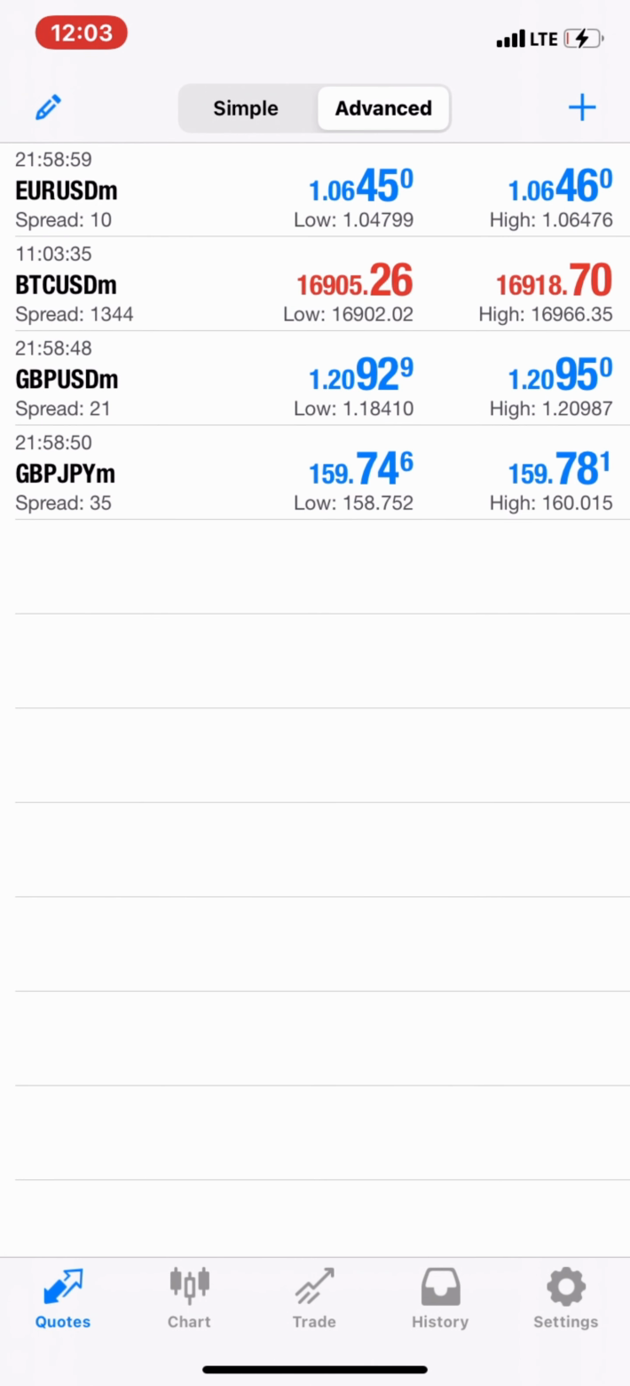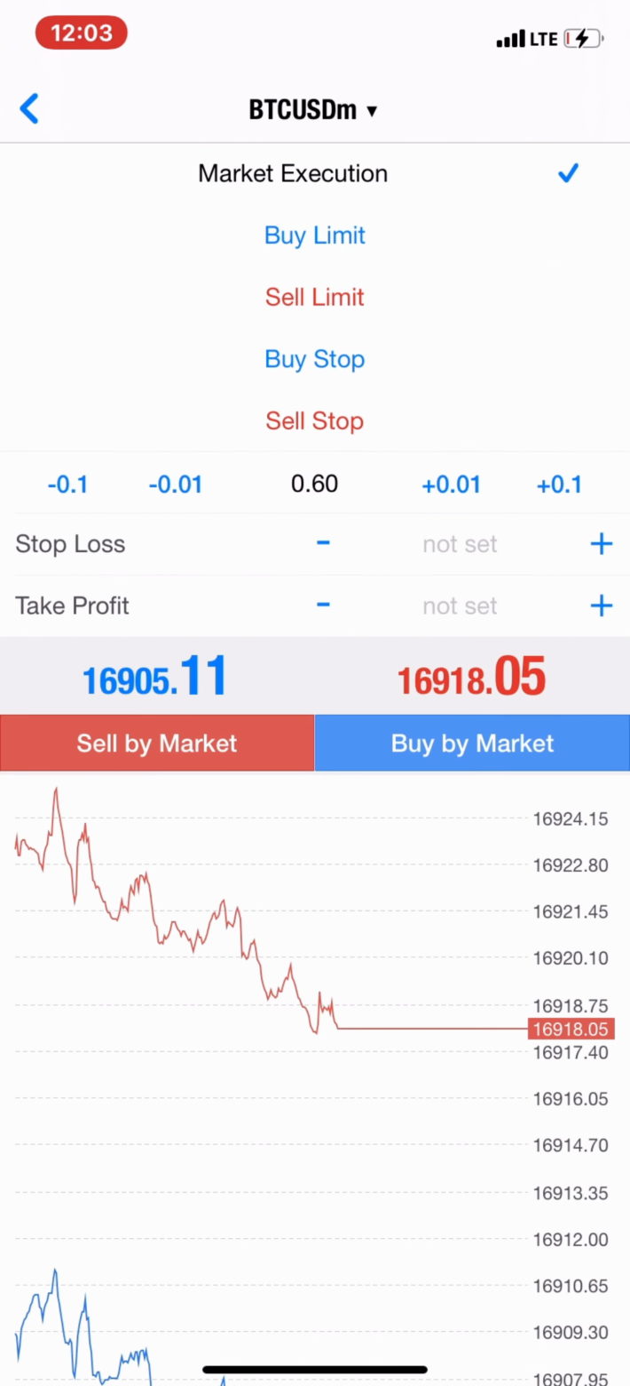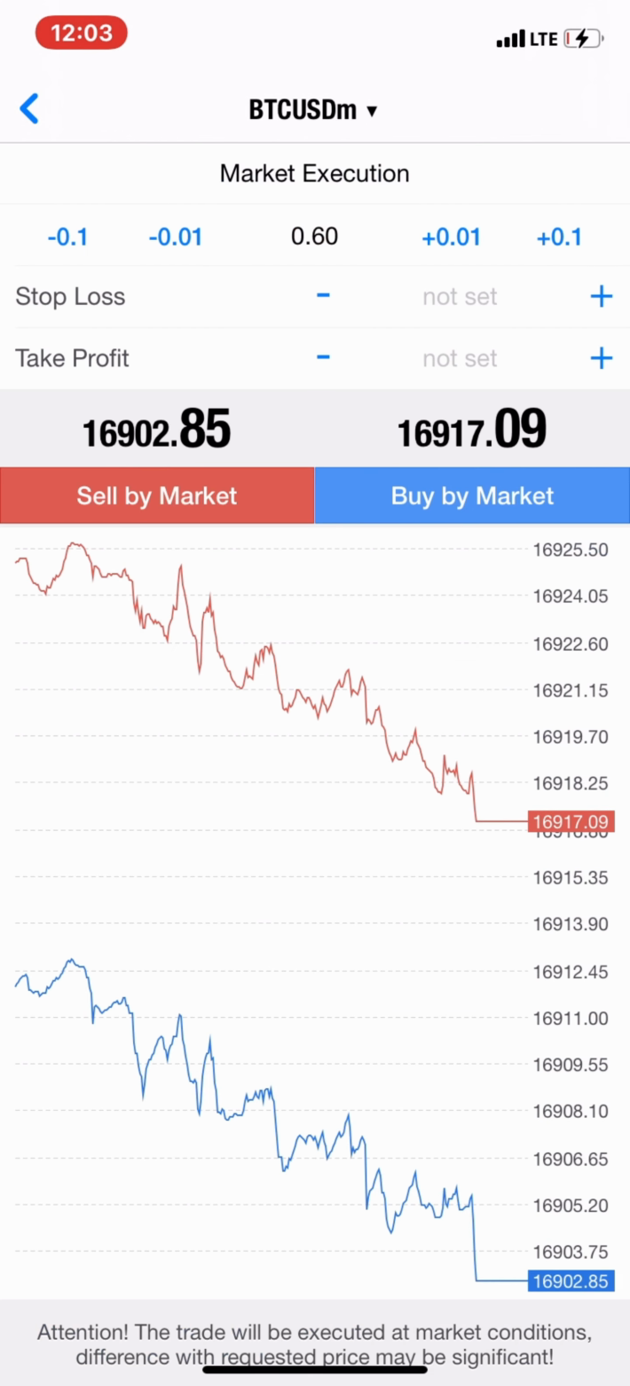So let's use BTC USD to give an example of how to take trades. Click on BTC USD, you click on trades, and say for instance you're trying to buy, you click on market execution. I will explain every single terminology on here. Now market execution means that